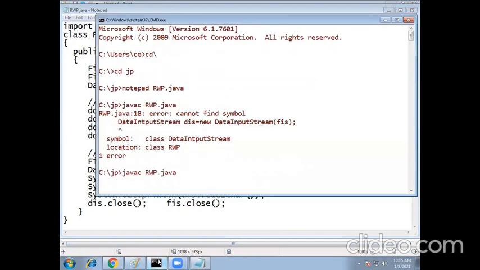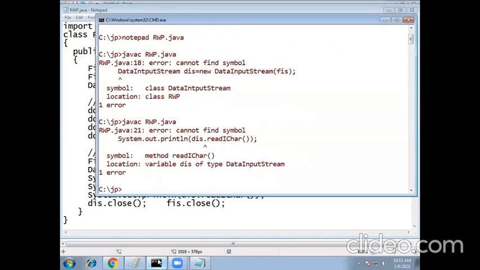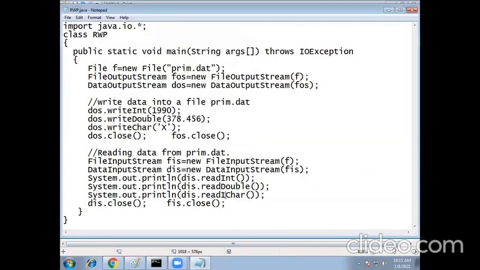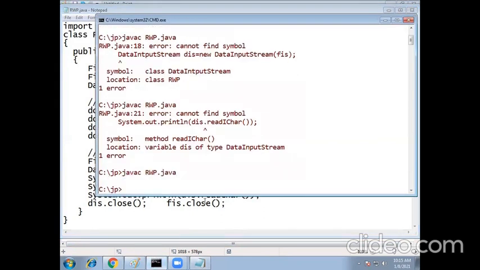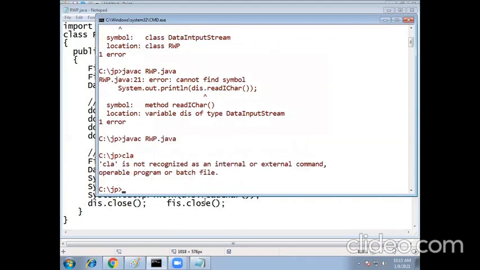Spelling mistake is there. And cannot find symbol readChar. Here also one extra letter. And the program compiled successfully.